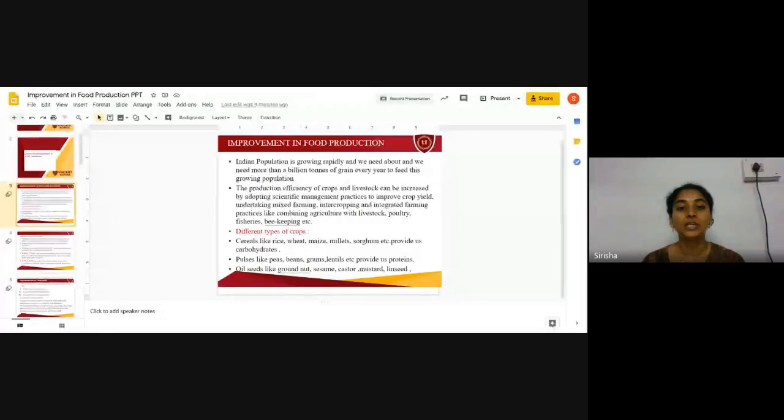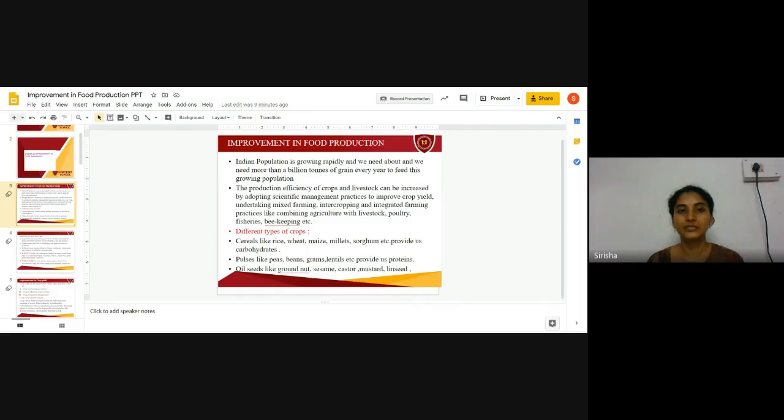Because the Indian population is growing very rapidly in recent years, we need to produce more than a billion tons of grains every year to meet the food demands of the people. The production efficiency of crops as well as livestock can be increased by adopting